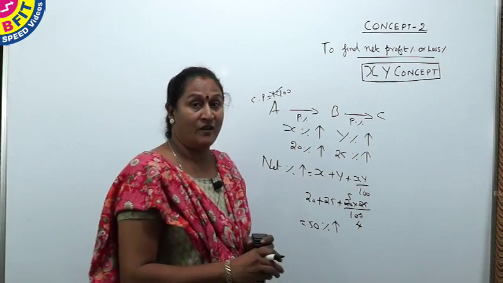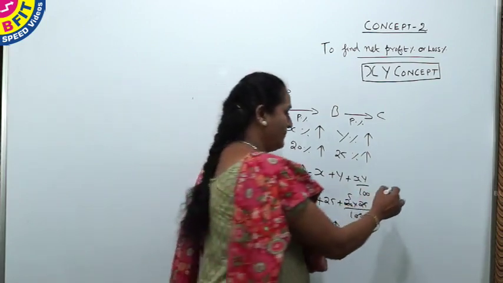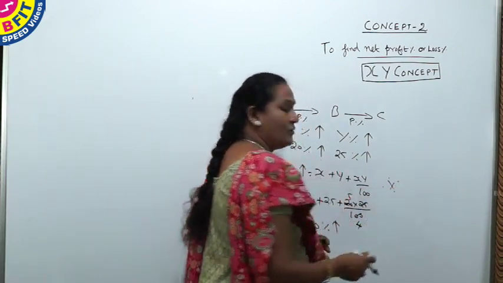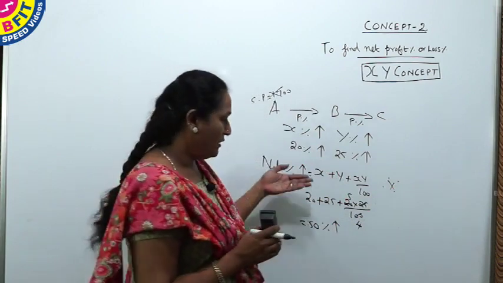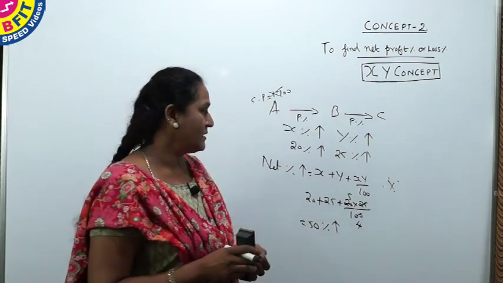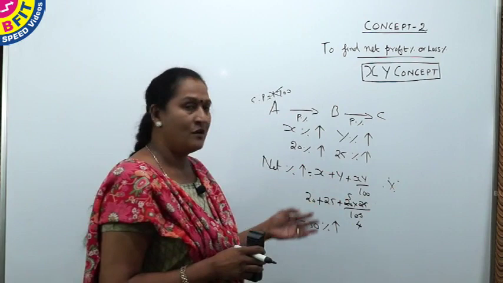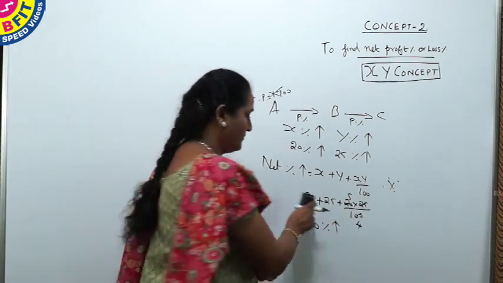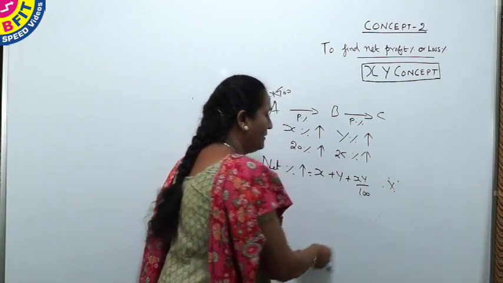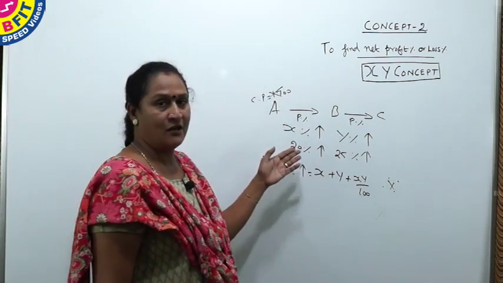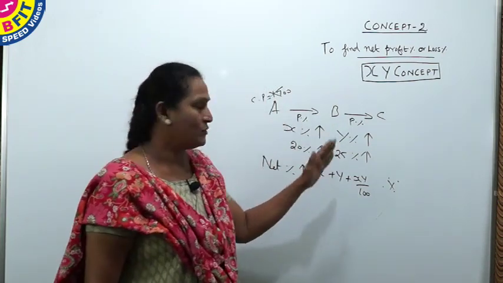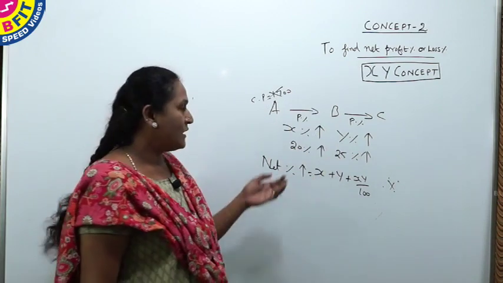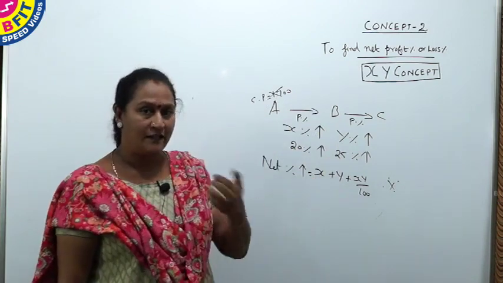And this is one of the most important concepts in which questions are asked, and we will be using this in many topics like simple and compound interest, area and volume questions, or in percentage questions. So we saw when a value is increased twice, how to find the net increase. Suppose it is increased first and then it is decreased.